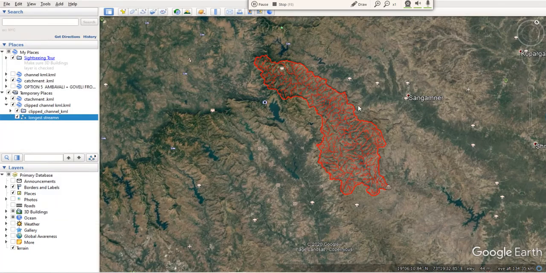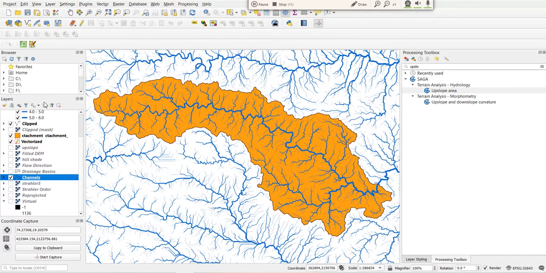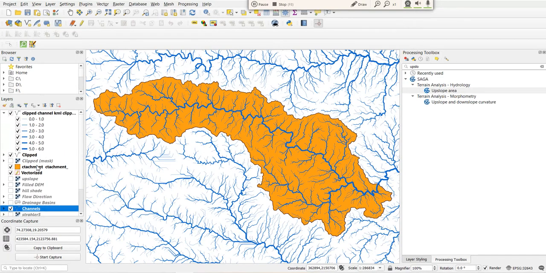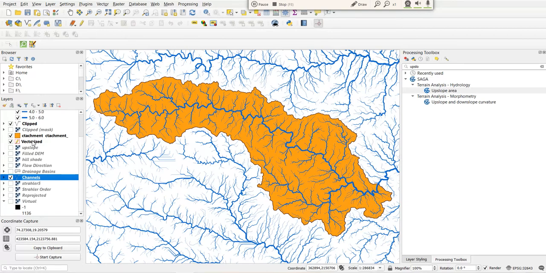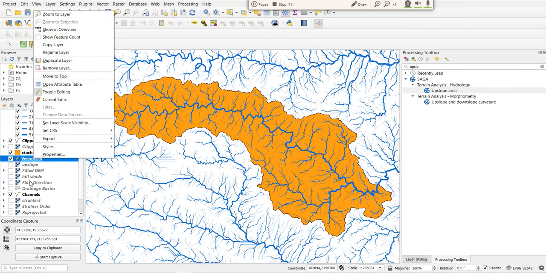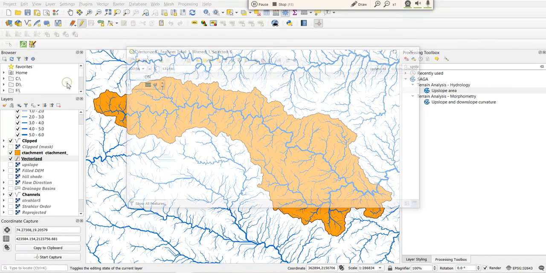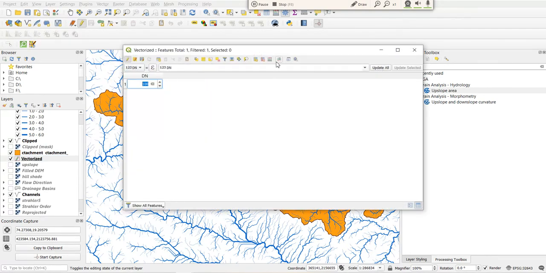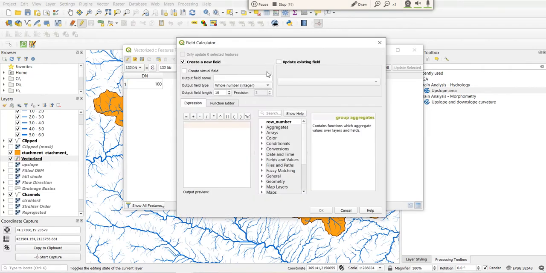We can also calculate the area of this catchment from here itself. The clipped catchment is there. Here is a function, field calculator.